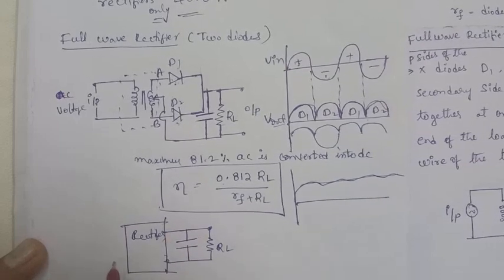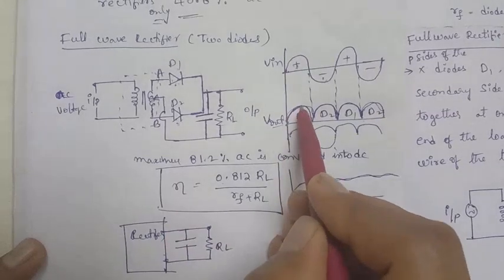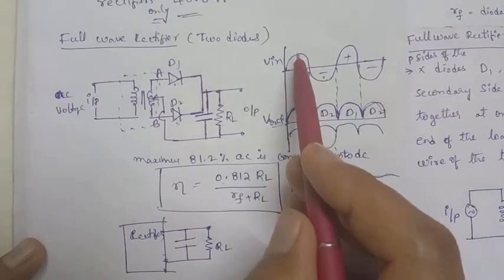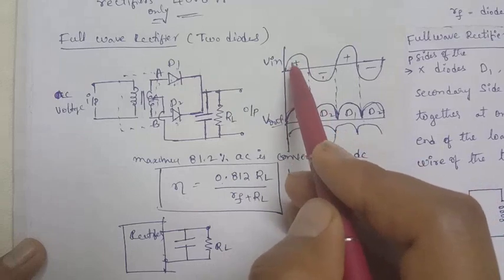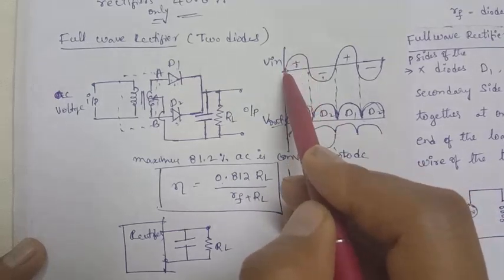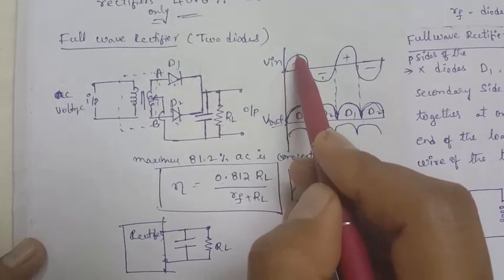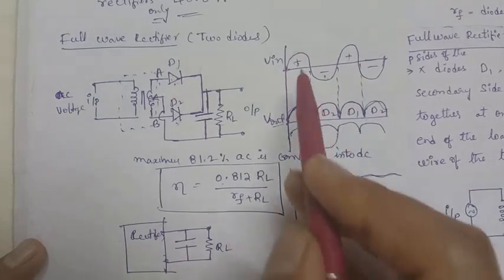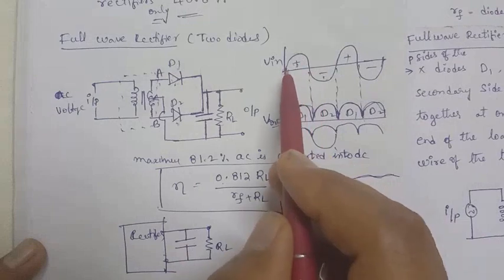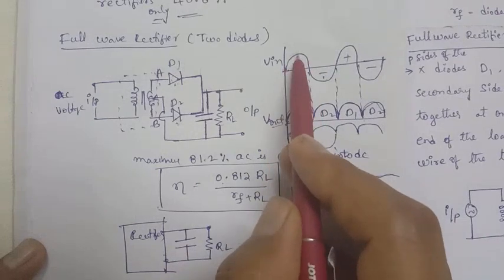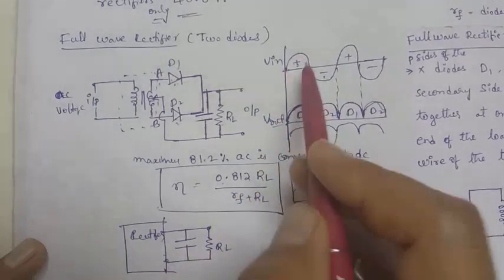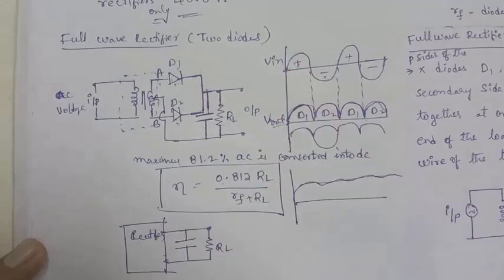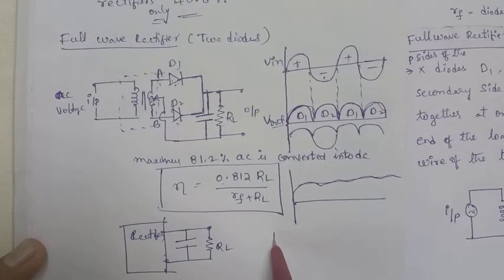So for the first positive half cycle, if the current is increasing like this, at that time the capacitor is charging, and next it will be discharging, but the charging will be more, and the discharging will take very little time. At that time, what is the time constant? Here the time constant is a very important term.